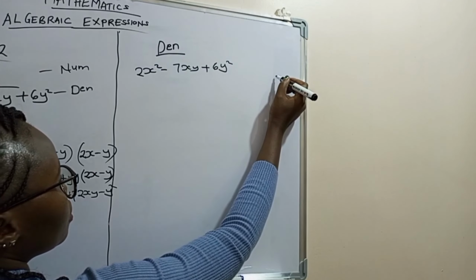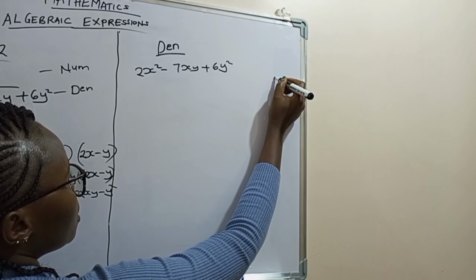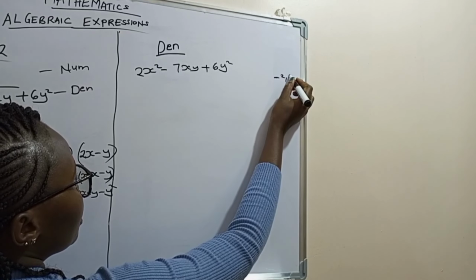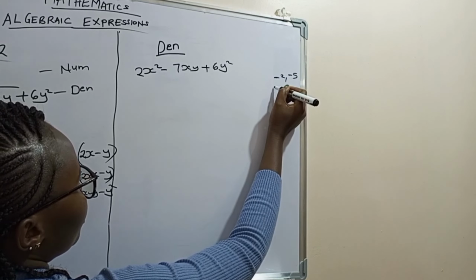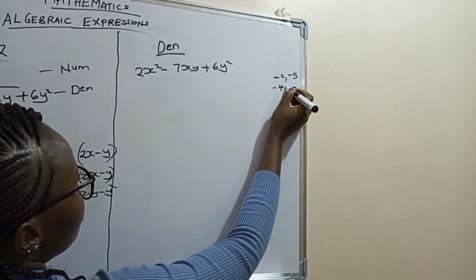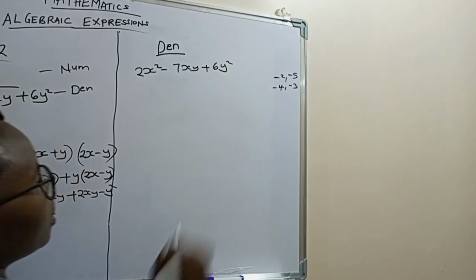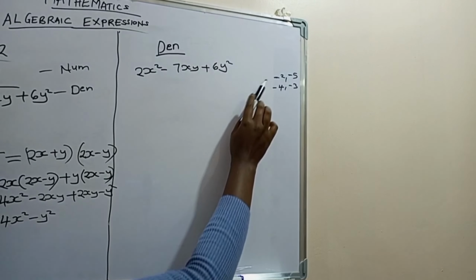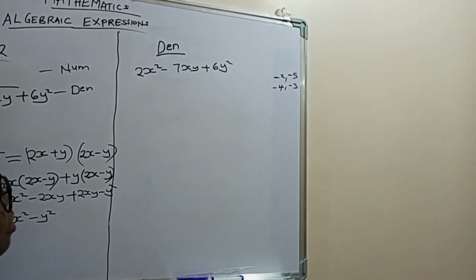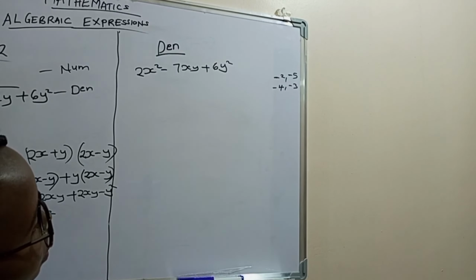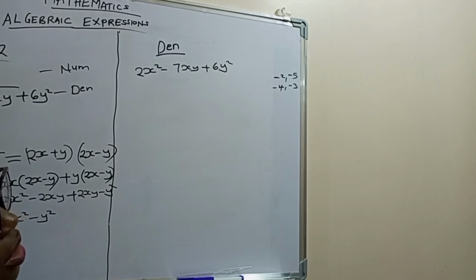So we have negative 2 and negative 5. We have negative 4 and negative 3. So we can pick either. But in our case, because we have the even numbers, we shall pick negative 4 and negative 3